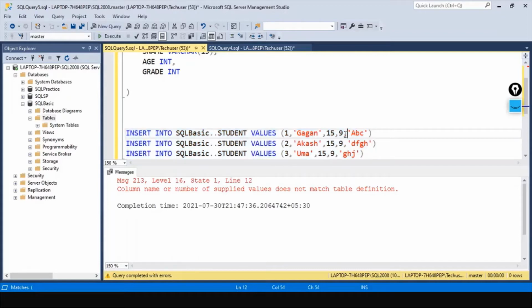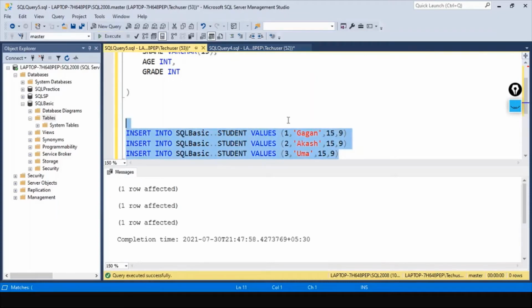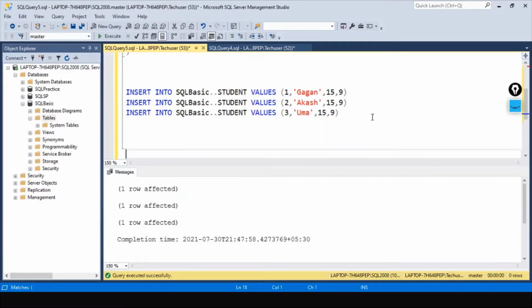Okay. I've just entered these 3 rows. Let me select it.